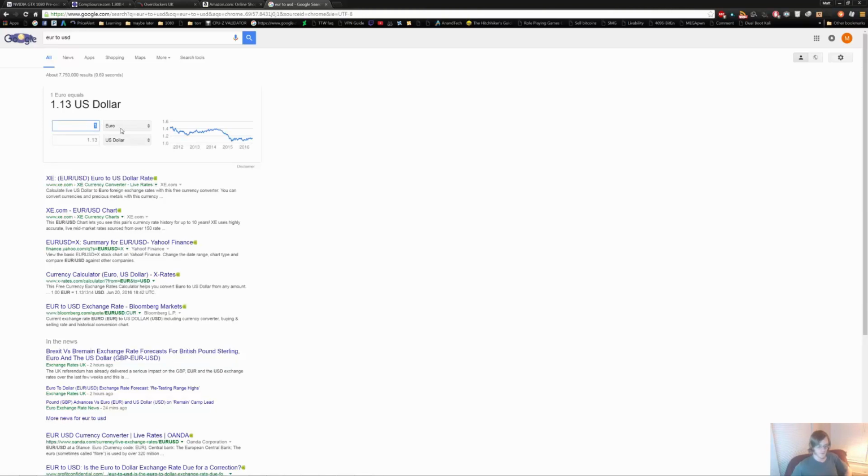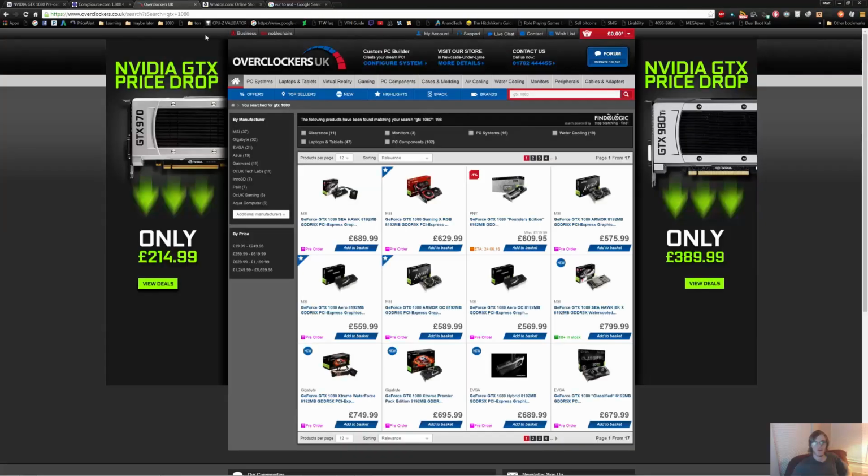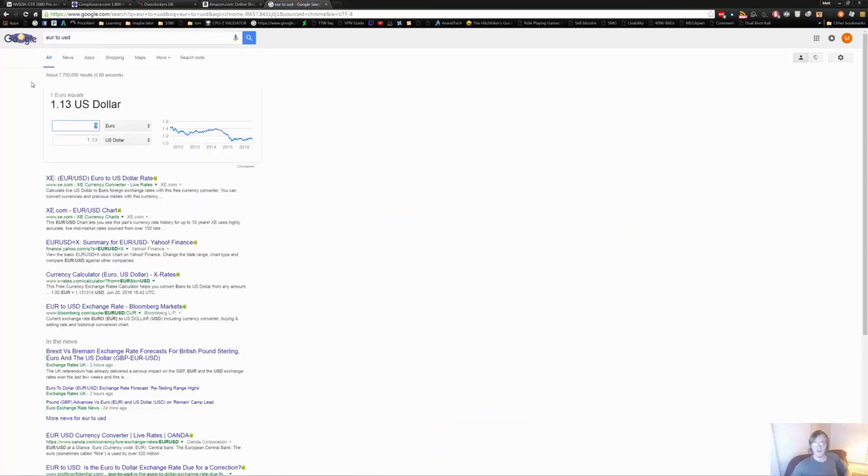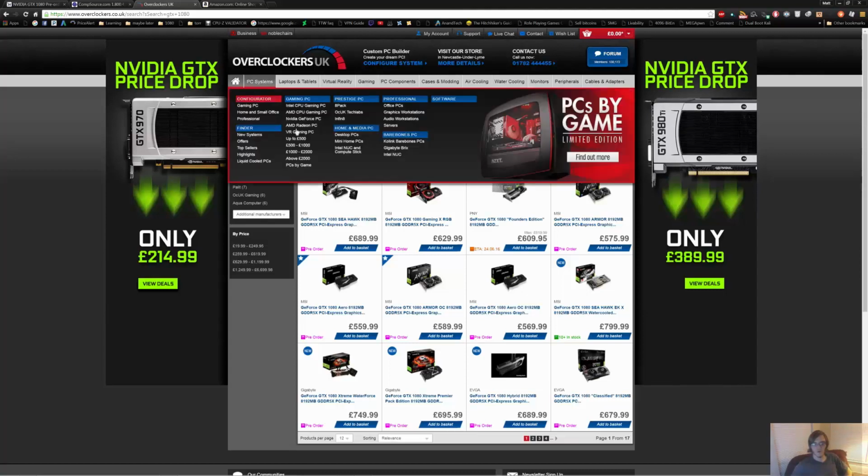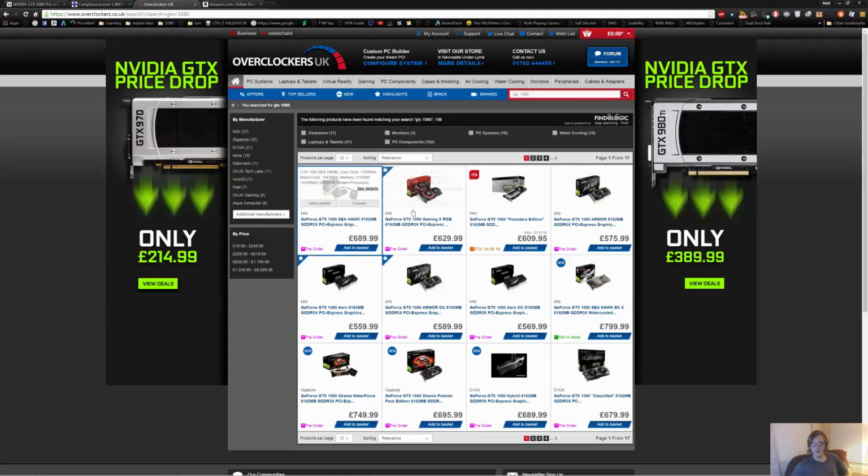it'll come up with a currency converter. So what's the 689 for the Seahawk? So you type in the 689, and that would be 781 US dollars. So you need to keep the currency conversion in mind when you're shopping abroad. But this is actually a really good way to find other stuff that may not be in stock, because